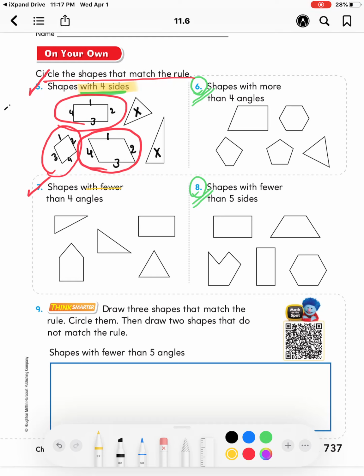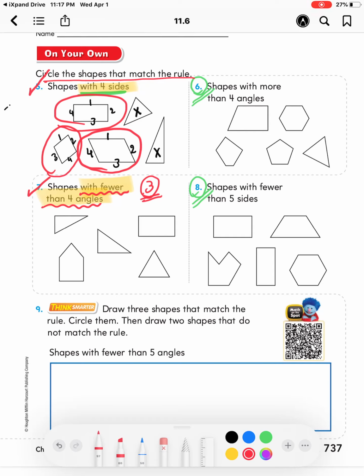Let's see question number 7. Shapes with fewer, I want to highlight it. Okay, so highlight it with me, please. Shapes with fewer than 4 angles. So we mean shapes with 3 angles, because with fewer than 4 angles, what is the number that is fewer than 4? 3. Okay,